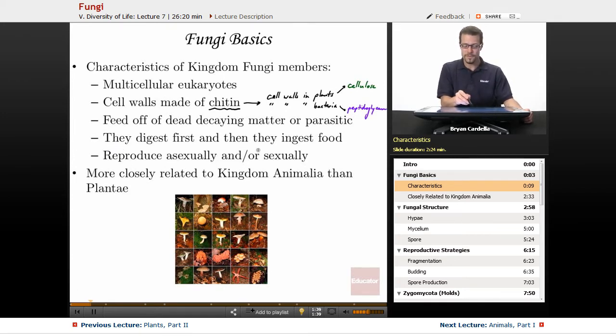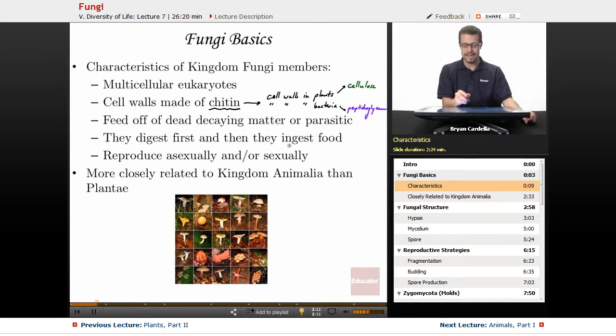They typically digest first, and then they ingest. So let me explain. The average animal will ingest, meaning put it into its body through the mouth, and then it will digest it afterwards, break it down while it's in the body. But the average fungus will secrete a substance outside of its body to break down the pieces of the organism into little tiny bits so that they then can take it in, because a fungus doesn't have a mouth. It just wants to absorb those substances through its cells.